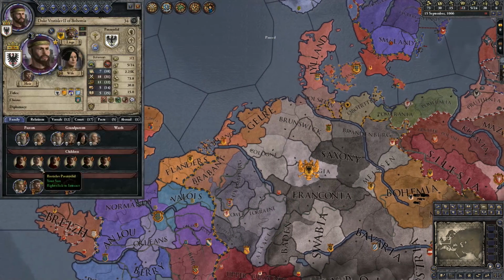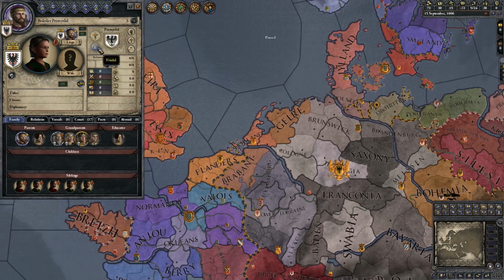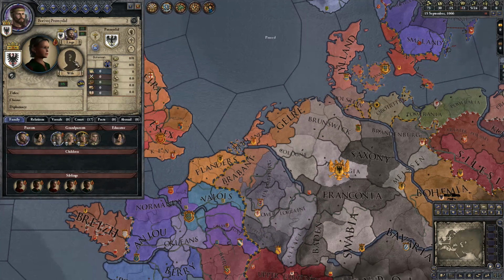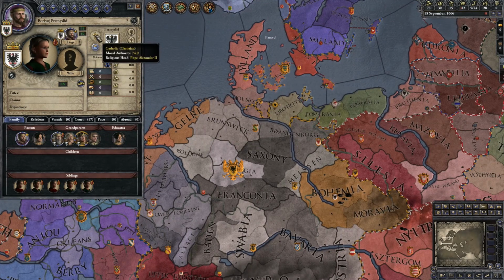All right, and then we can arrange things for him. Oh yeah, that's also where you can arrange marriages and such. That's an important thing, and I should have mentioned this a little while ago. Well, it's not that important that I had to mention it immediately. Anyway,